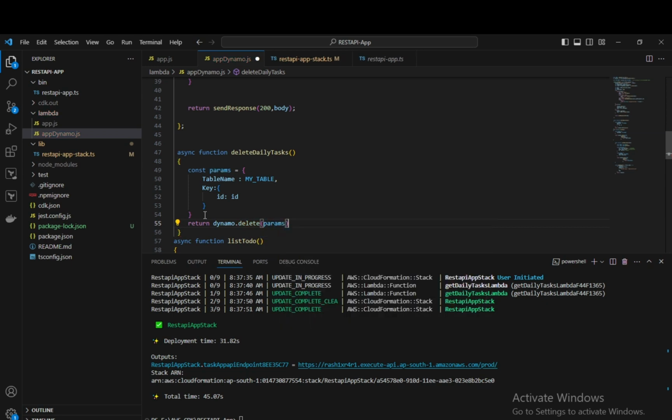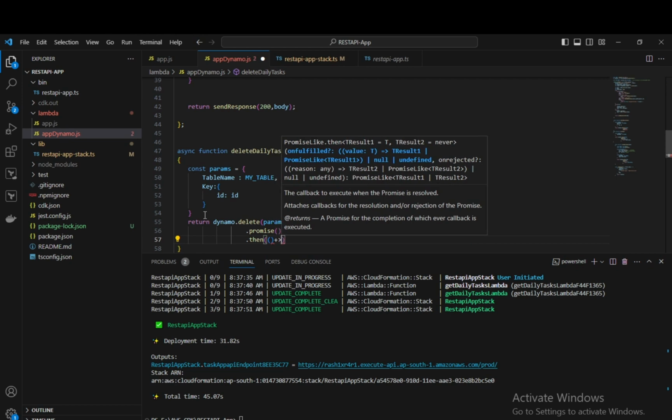params, and which will have a promise again, promise, and where we are trying to resolve this promise. Yes, we are trying to resolve the promise and it will return the objects. Correct,